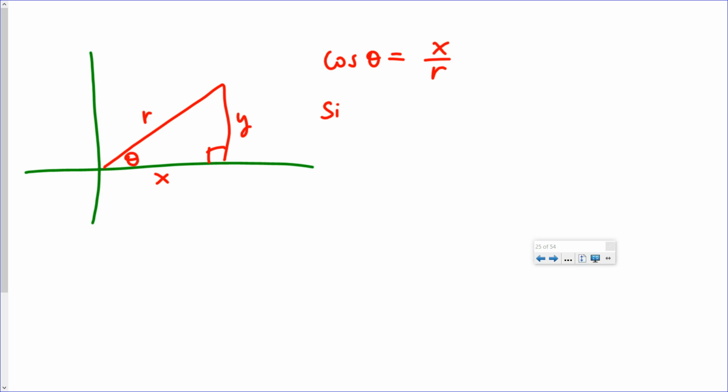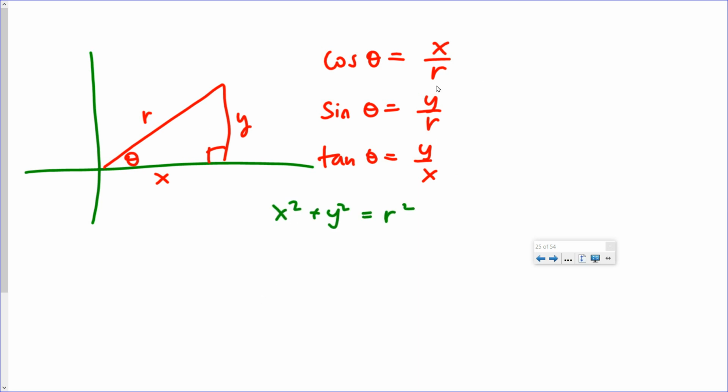We know that sine theta is opposite over hypotenuse, so for this triangle it's y over r. And tangent theta is opposite over adjacent, so for this triangle it's y over x, the y distance over the x distance. And we also know from the Pythagorean theorem that x squared plus y squared is equal to